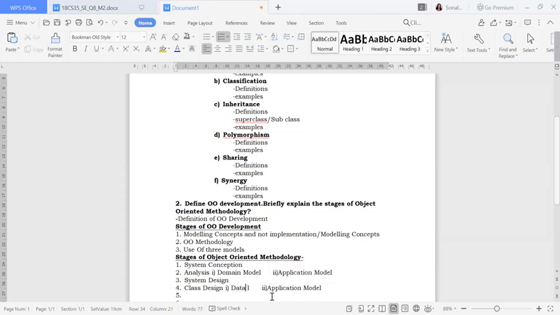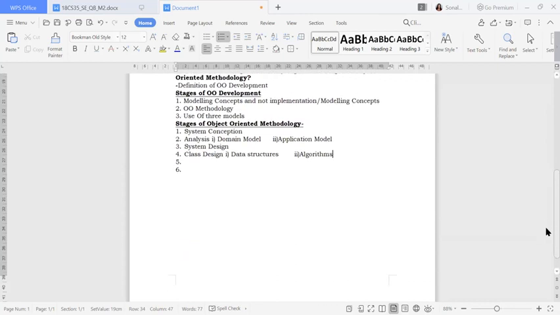First one will be data structures. The second one will be algorithms. You should explain these points in detail. So the first one is your data structures, the next one is your algorithms.